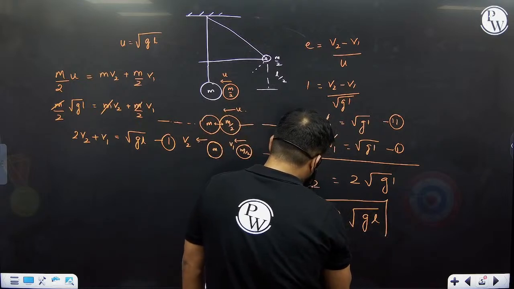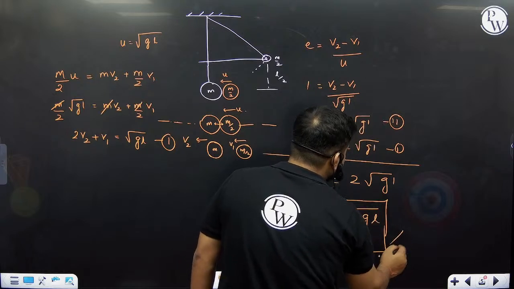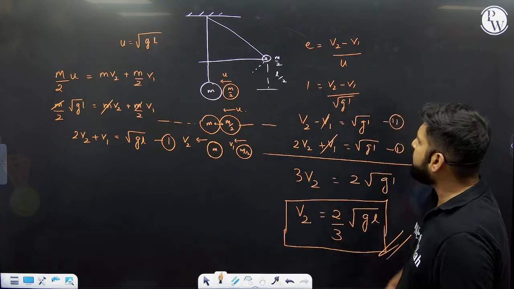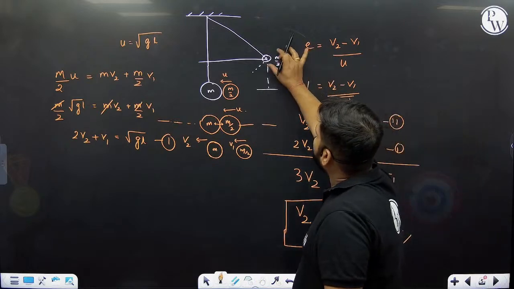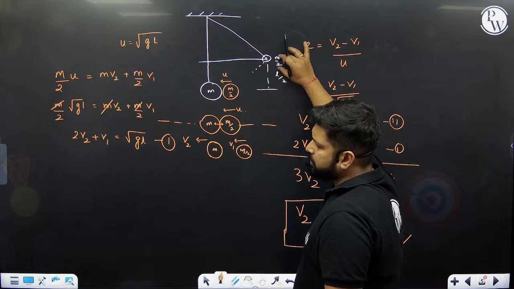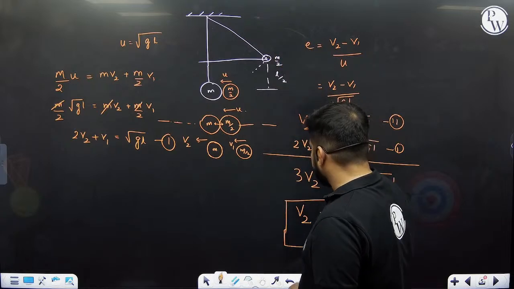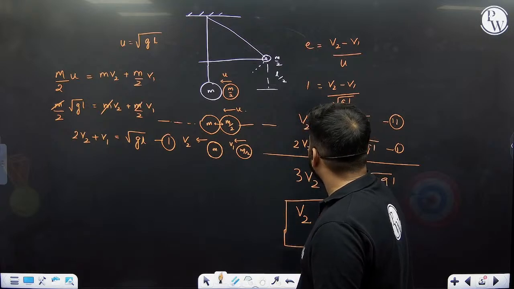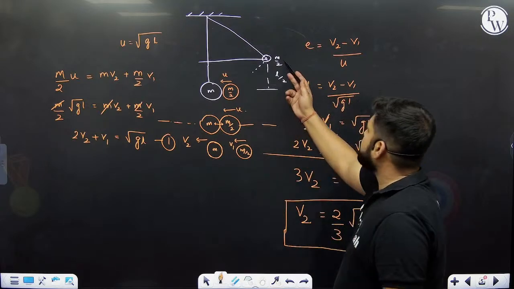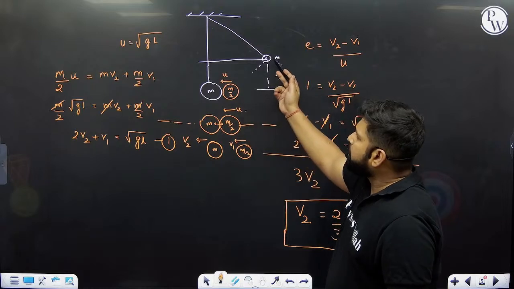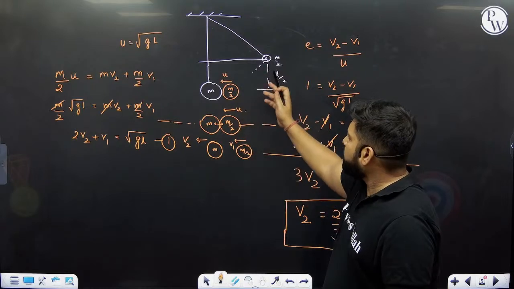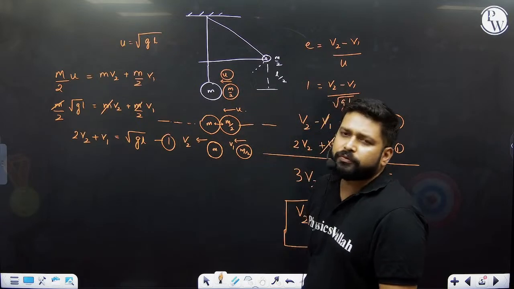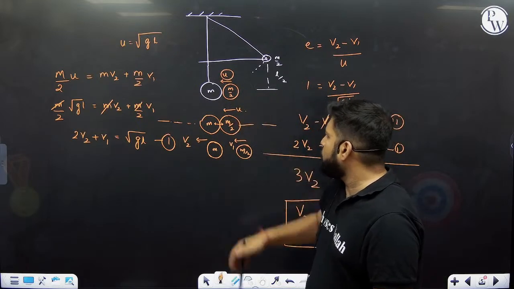That would be the right answer to this question. Let's check which option is matching with this answer. You understood what we did? First of all, a bob was over it. There was a ball of mass m by 2. It was at some height. We first found out that height, and then by conservation of energy, we can say that this will start falling down and lose its potential energy. That potential energy will get converted into kinetic energy. So we found out the value of the velocity u with which it is striking.